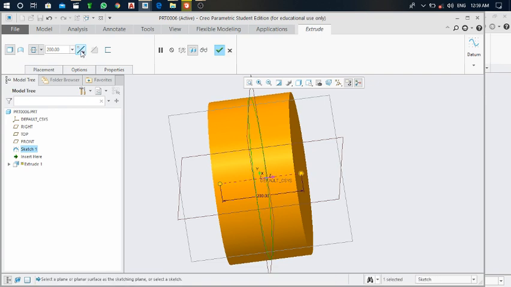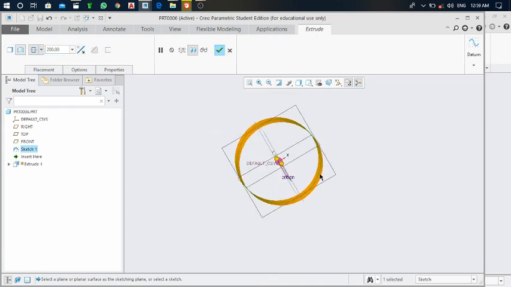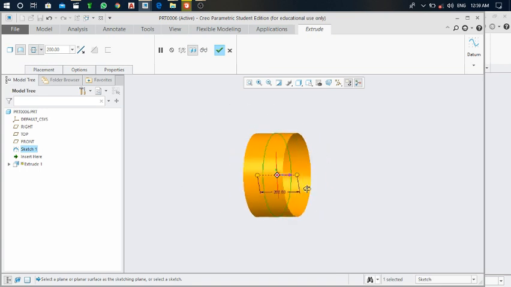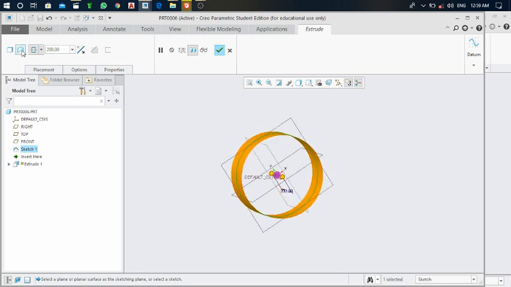You can see now we are in solid. Here you can see extrude as a solid, means our object is in solid phase. If you wanted to make it extrude as a surface, just click on it. Here you can see the difference. Here is a solid and here is a surface. But I wanted to make it a solid, so click on solid.